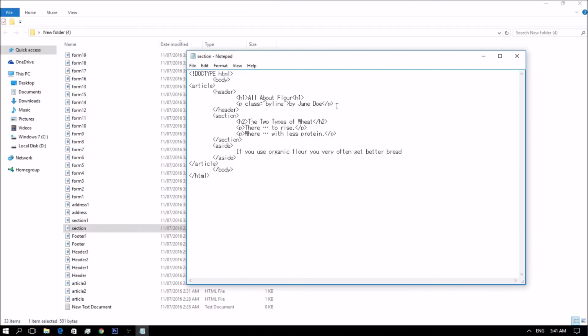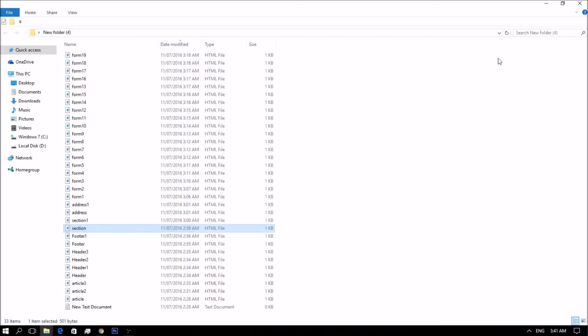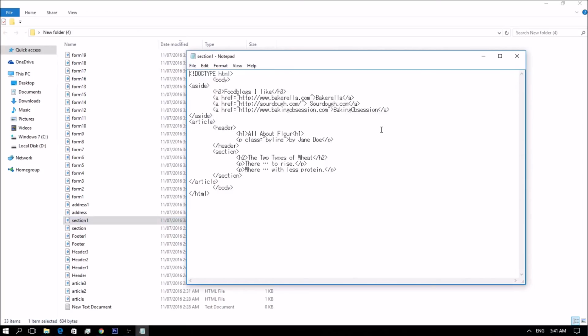So we're now moving into the aside element. The aside element is new in HTML5, and it can be used in different contexts.